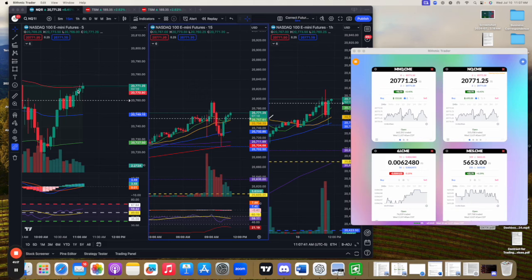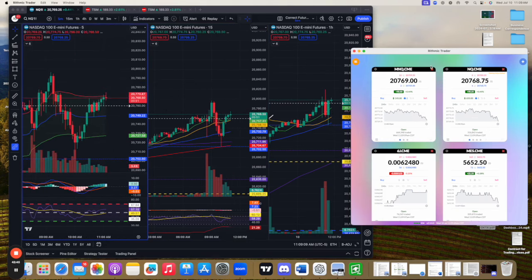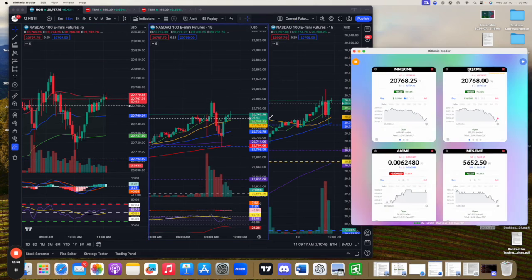There it's starting to go a little bit, but I want to see a close over this 770. Give me that close over the upper band. Now, that's what I don't like. That's what I do not like to see. And we've got 5 minutes left, so I'm going to take profit on NQ. Literally, one trade, y'all. 736, exited at 767. Almost 40 points. And I'm going to let these two run